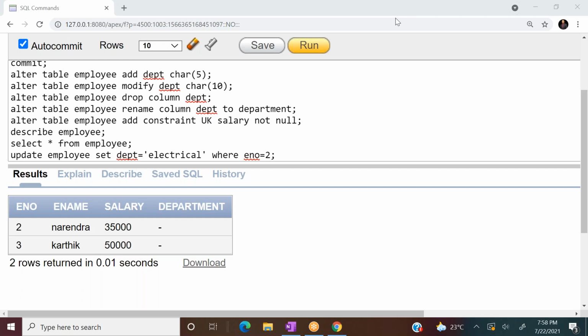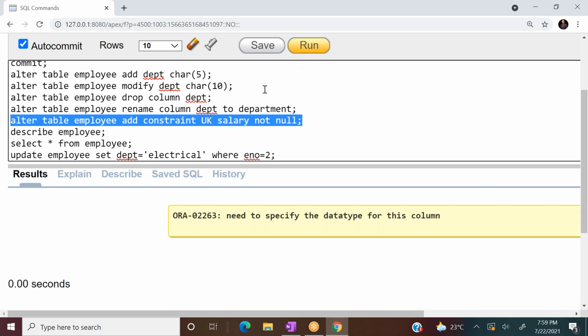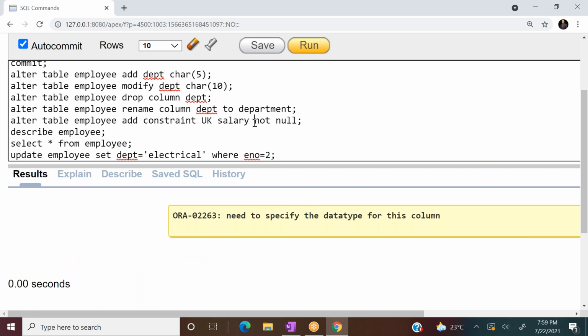Okay, fine. Now, if you wanted to add a condition, a not null constraint for the salary attribute, just click run. Need to specify the data type. What is the data type for salary? Int, not null.